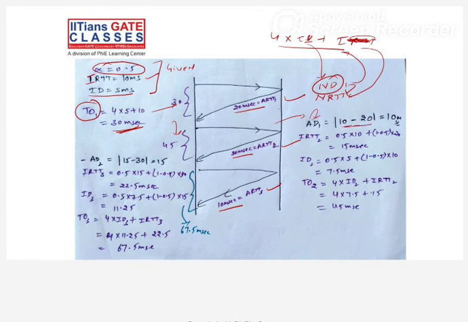Why? It depends upon our actual round trip time. Here the actual round trip time is 10. That's why. If the actual round trip time is less, your timeout will be less. If the actual round trip time is more, your timeout will be more. Simple. Guys, does it make sense? Right? Good.